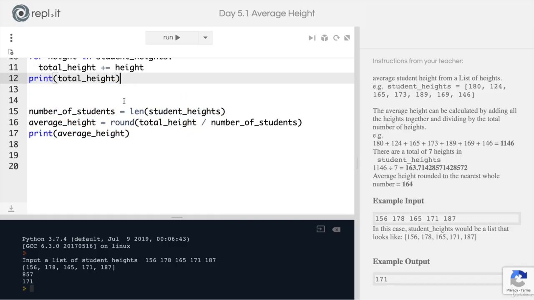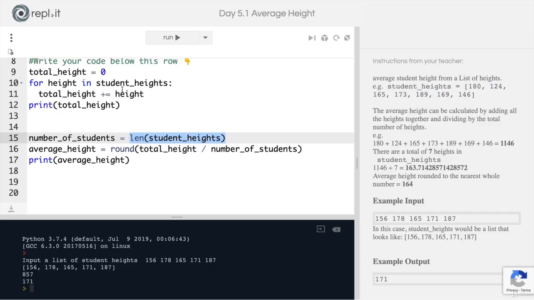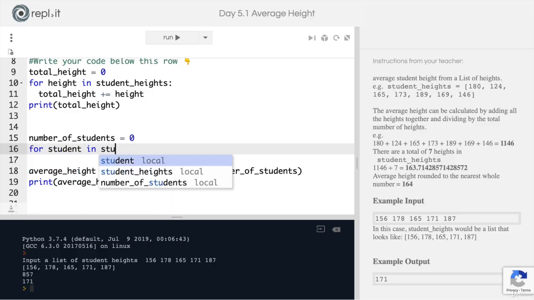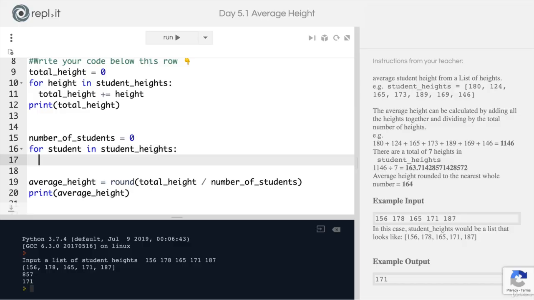And now we can try and replicate how the len function works. We know that basically the len function figures out how many items are in a particular list. How can we do this using a for loop instead? Well, what if we do something similar to what we did above, where we start off the number of students as 0, and then we write a for loop for student in student heights. And inside our for loop, all that we do is we add 1 to our number of students each time